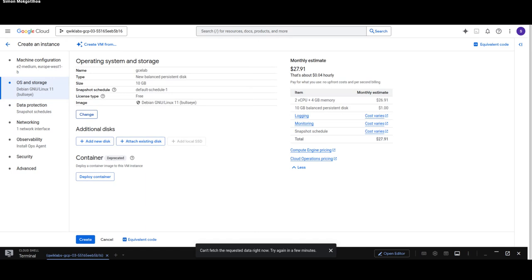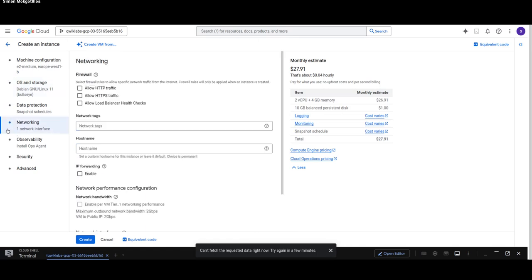Now let me let that run in the meantime. Let's go to our network again. Now on the firewall, we actually need to allow HTTP traffic. Remember, this isn't necessarily a deployed service, so running it over HTTPS would require us to have at least an SSL certificate, which we don't have. And since this is a free lab, we really just want to run it for the sake of seeing how it will work. Okay, so now we have all our things configured.